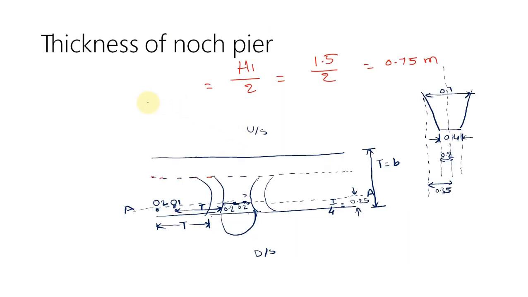And the thickness of the notch pier. So the depth of flow divided by 2, 50% of upstream flow depth. So it is 0.75 meter. Right? So go with 1 meter. Okay? Provide 1 meter of top width. Already the top width of the drop wall is 1 meter, but the notch pier is 0.75 meter. Here you can see this is the boundary of the top width of the drop wall, but the notch is there for only 75 centimeters. Okay, total is 100 centimeters.